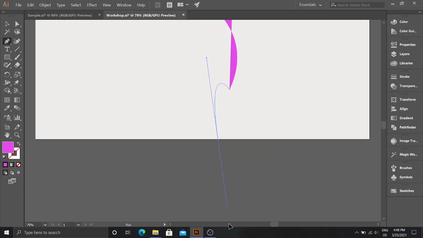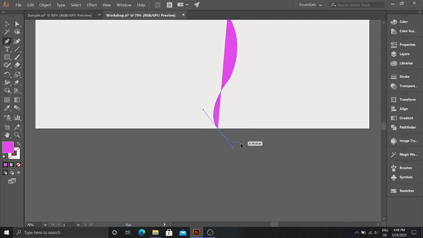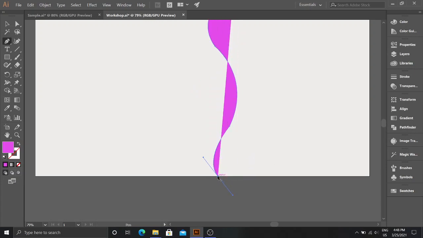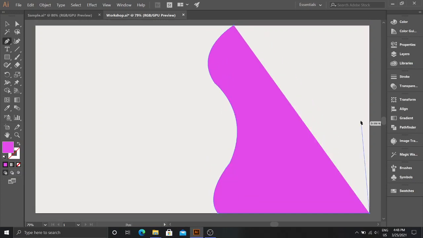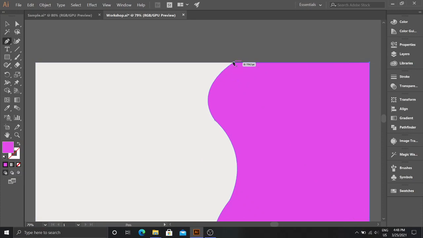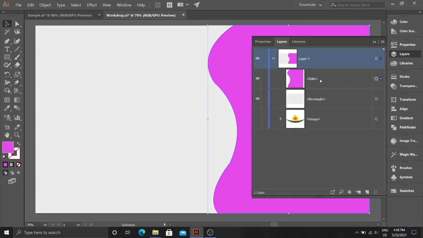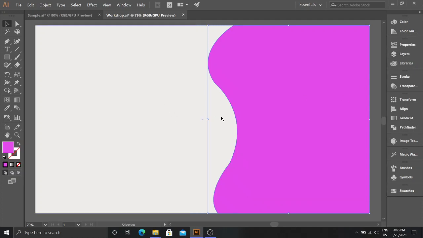Now drag out a shape like this. Here to here and here. There you have a basic shape. You can extend it if you want, like this.